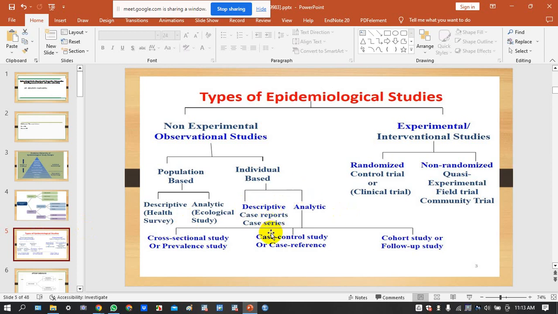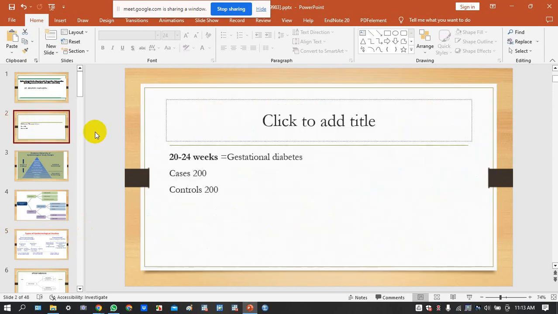So I've explained the case control or case reference group. I've explained the cohort study. In the cohort study, like I said, you take the specimen at baseline and follow them up along the course of the gestation to find out when they develop the condition. With every cohort study or longitudinal study, the subjects begin their study without the condition,